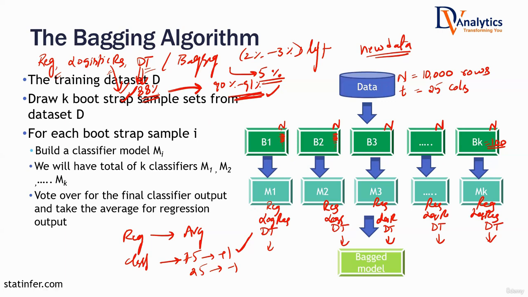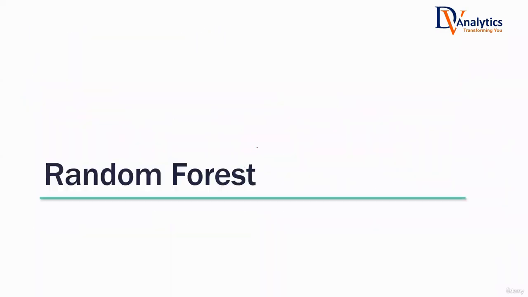There is a special case of bagging that is used in the actual industry. In the bagging algorithm, you can build any model. But if you are building a specific model, let's say only decision trees everywhere, then what do several trees form? If you have several trees, they form a forest. So if you are building only decision trees inside bagging, this algorithm is called random forest. So what is random forest? Random forest is a special case of bagging.